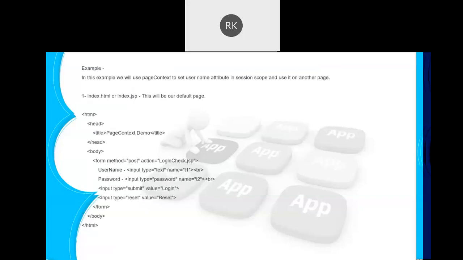And someone that is available in that particular scope can execute the method getAttribute to get the value of that particular attribute. And as we know, we have constants defined here to access the different scopes: request, session, application, and the page scope. Accordingly, we can define the scope there. So let's see an example to understand it.